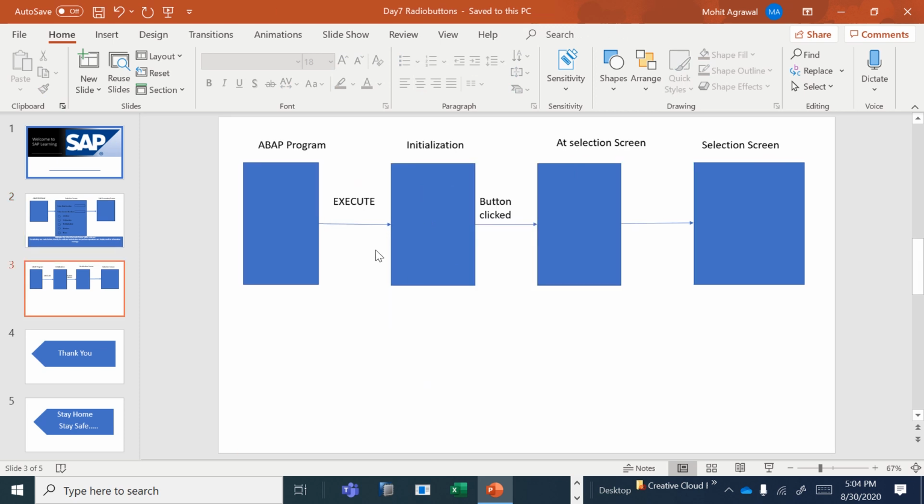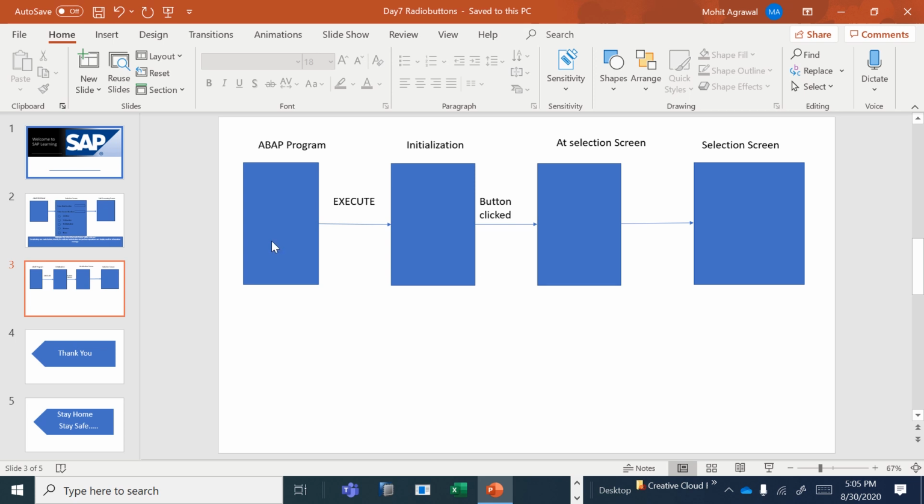While executing, we have an initialization event where we can set all the inputs or initialize any variables if you want to put default values. And in the selection screen, when we click on execute, the selection screen event will be triggered.